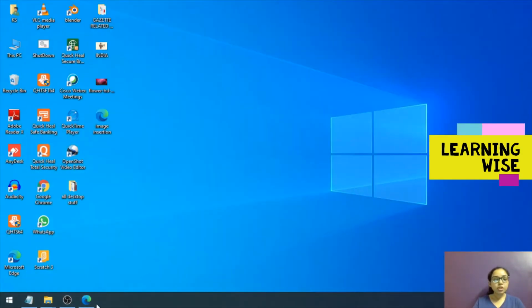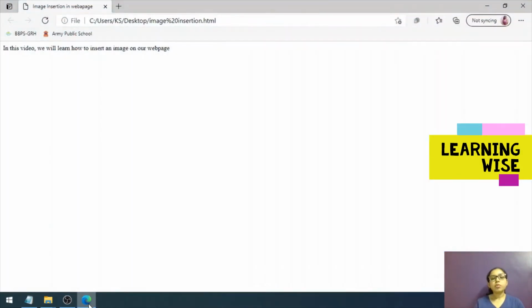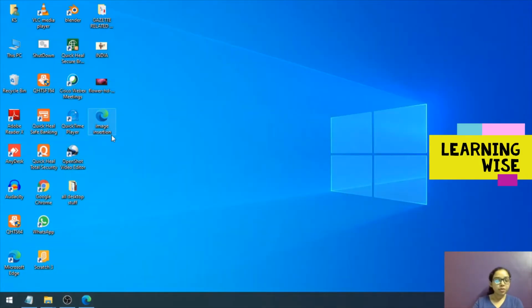Now, an important thing to notice here: first of all, find an image on the laptop. You need to have the image first to insert it on the web page. So first find an image. After that, if the image and your web page are in the same place, let's say I have my web page here on the desktop, as well as two images here. One is india.jpg. When I put my mouse over that image, you can see the item name, date taken, dimensions and size.